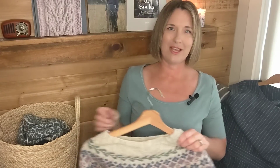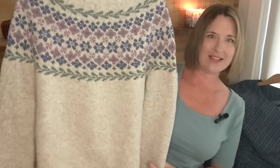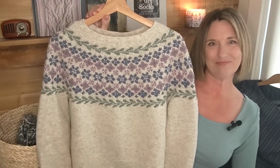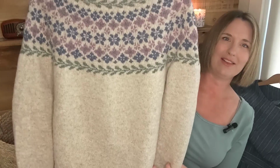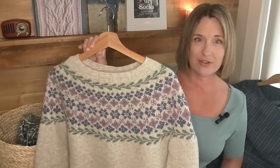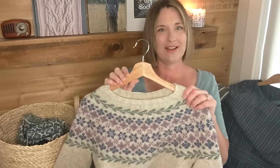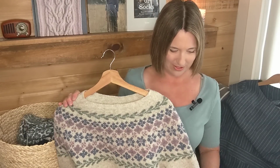what it looks like. Normally I don't keep my sweaters on hangers, but just for the purpose of showing you in the video, I put them on some hangers today. So this is my finished Birkin, and I'm super happy with how it turned out. I love the yarn choice. I love the colors. It was so much fun to knit, and I definitely recommend this pattern if you're interested